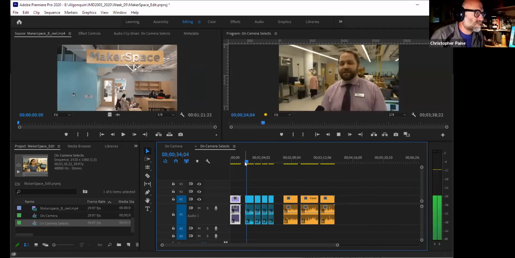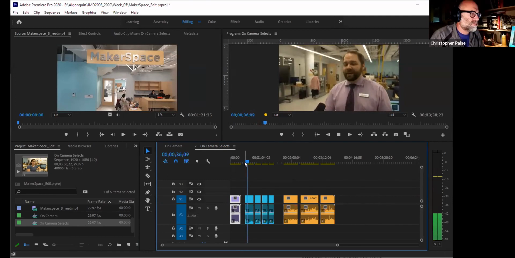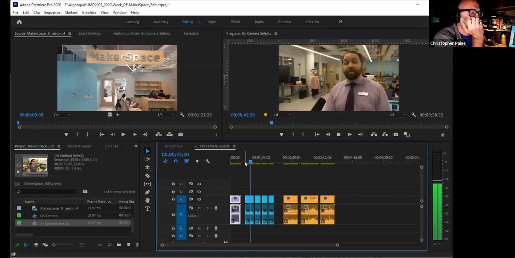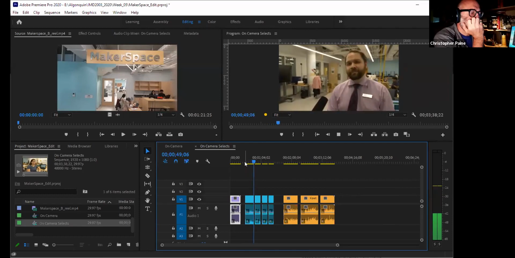So the Makerspace is kind of a unique place on campus in that it is open to literally everybody. At Algonquin, there's all kinds of studios and workshops that are locked down to a specific program. Here we want to open things up to everybody. We do 3D printing, sound recording, filmmaking, design, coding, all in one space so that anybody can